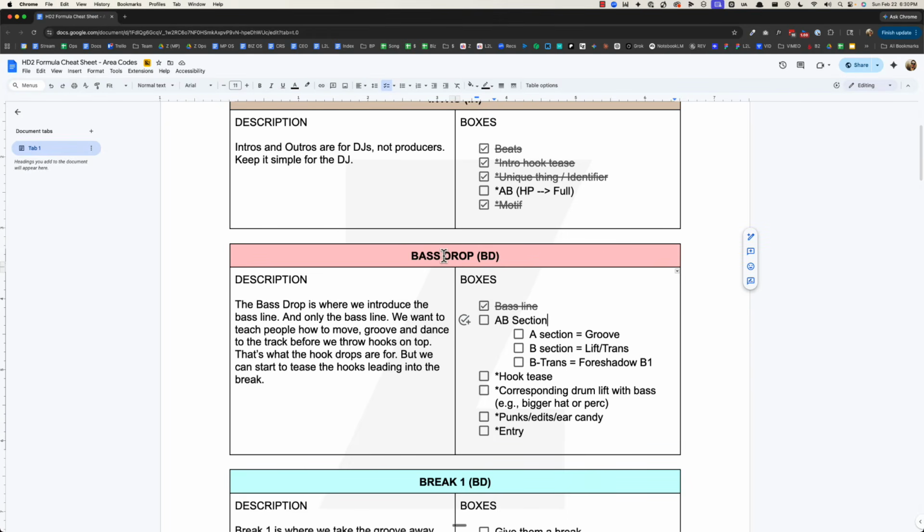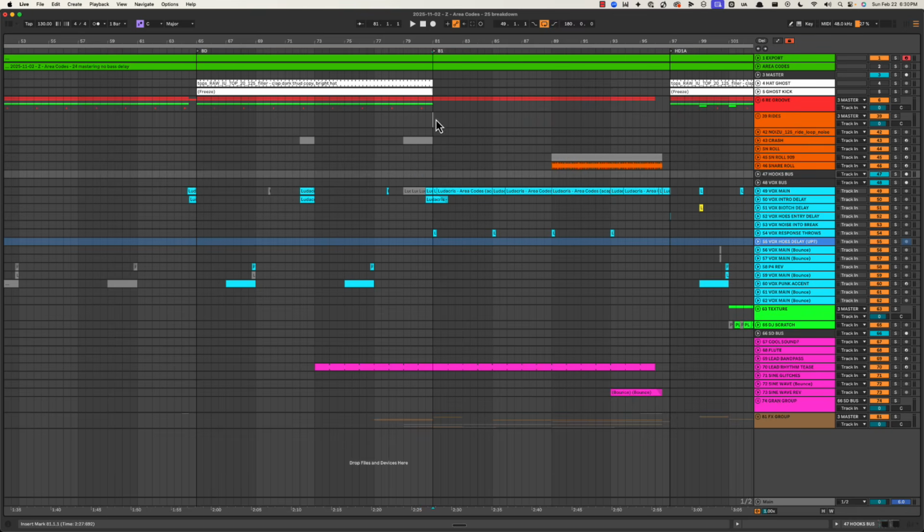And so going back over here, the bass drop, we got the bass line, A section, B section a little bit. Definitely A section groove. B section does have a lift, and that's going to be the hi-hat, also that little bubble sound, the little vocal chop, and there you go. B transition: are we foreshadowing what's to come in break one? Not really, but we are doing a hook tease, which is the "I've got." And that just does not get paid off until we finally enter into the bass drop